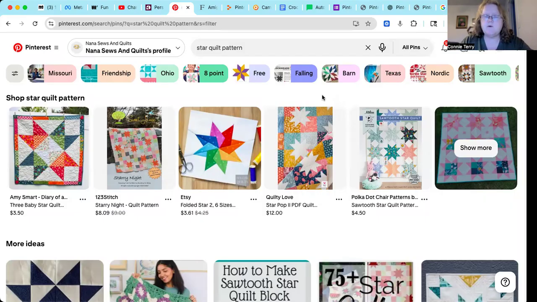And you can see when it comes up, I'm on laptop right now, but even on mobile, the first thing you see are patterns to buy. Now this goes back to lesson number one when we talked about how Gen Z is the most active group on Pinterest, and they use Pinterest like a search engine, like we used to use Google, to find the things that we want to buy.